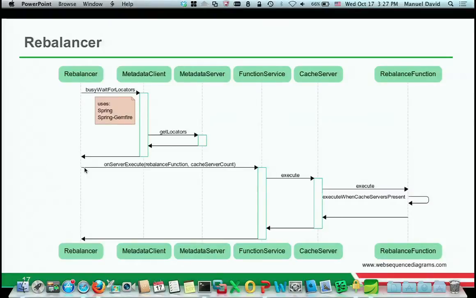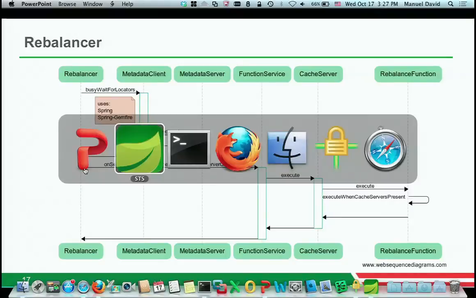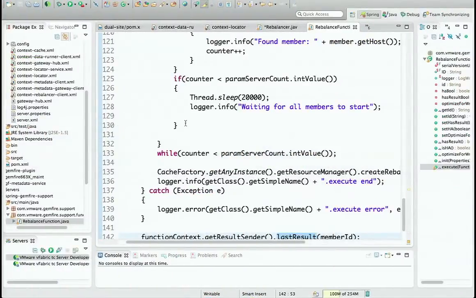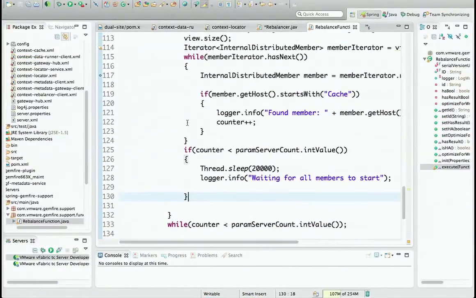Anything else? Yeah, so why don't you ask a couple